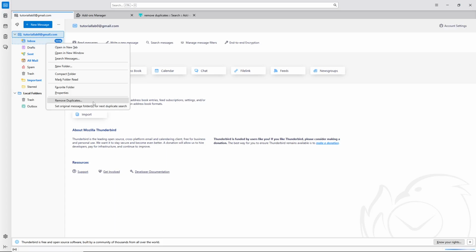The extension will now scan through that folder, identify any emails that appear more than once, and remove the duplicates automatically, leaving you with just one clean copy of each message. And that's it. Your selected folder is now free of duplicate emails, making your Thunderbird inbox much cleaner and easier to